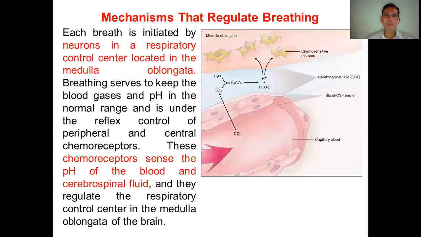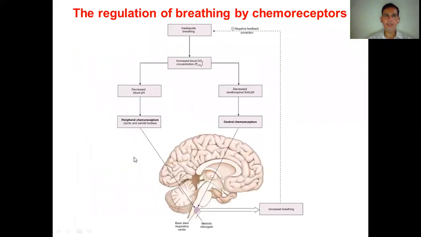So the change or the variation in the pH of both the cerebrospinal fluid as well as the blood leads to a message generation to the medulla oblongata, and that dictates the change. Okay, so this is the process of how breathing is regulated by the chemoreceptors. Let's say, for example, there is a process where we have inadequate breathing. Now this inadequate breathing leads to an increase in the concentration of CO2 in the blood, or in simple terms,